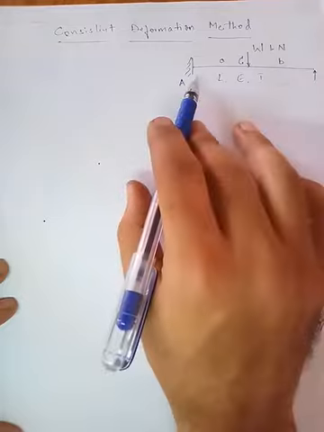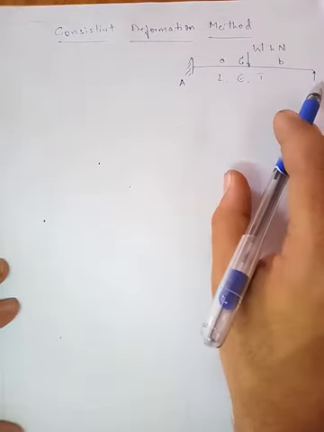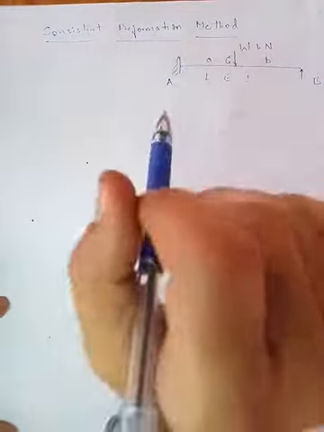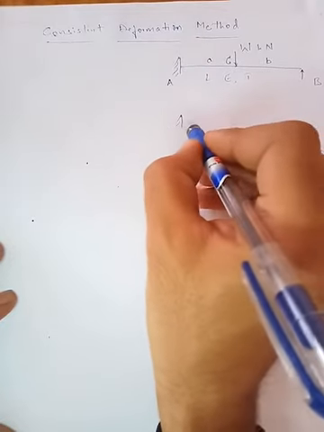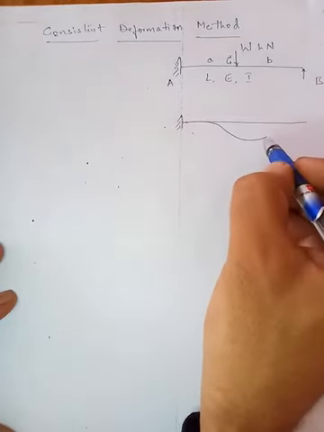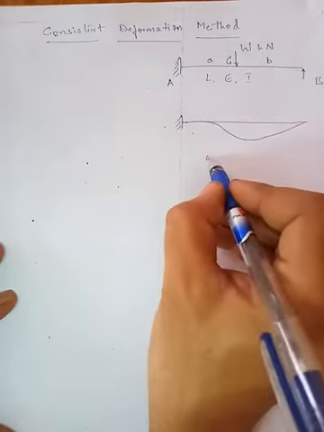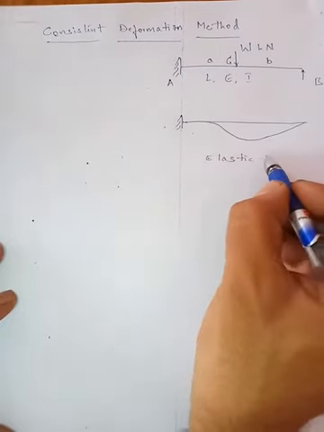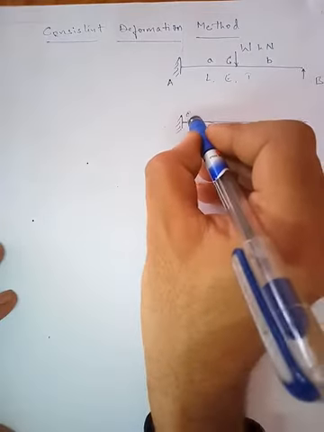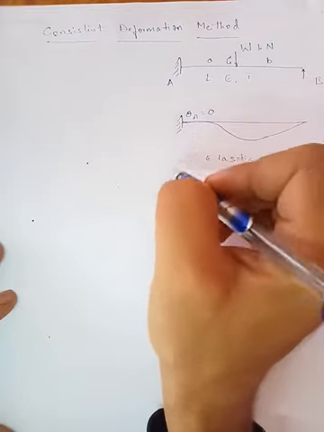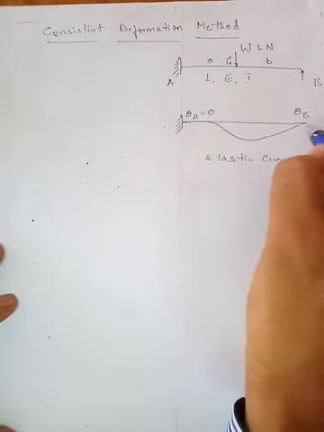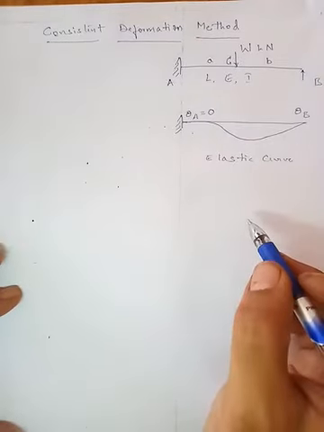Now we have to analyze what are all the support reactions at A and B. Analyze this propped cantilever beam using consistent deformation method. Now let us draw the elastic curve. So this is before bending and this is after bending. Okay, this is the elastic curve. Here, since A is fixed end, the rotation at A or slope at A is 0, and since B is a simple support, rotation at B is there, it is not 0.